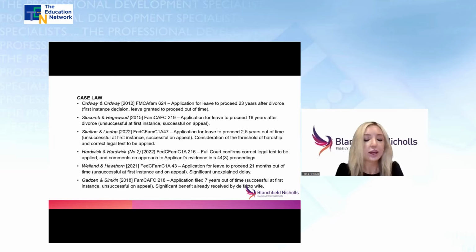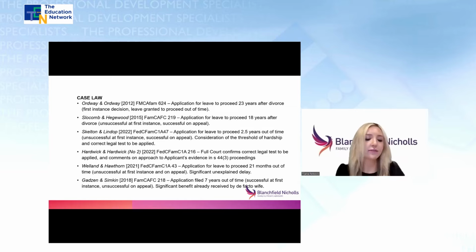It was the de facto husband, so the respondent in the proceedings, who filed an application for leave to appeal those orders, and if leave is granted, for the orders to be set aside, contending that the trial judge failed to apply the correct legal test in determining the question of hardship. The husband did not pursue any challenges directed to any discretionary matters falling for consideration under section 44(6) if hardship is established. So really the appeal turned on the question of whether the correct test was applied on the issue of hardship and whether a finding of hardship should have been made.